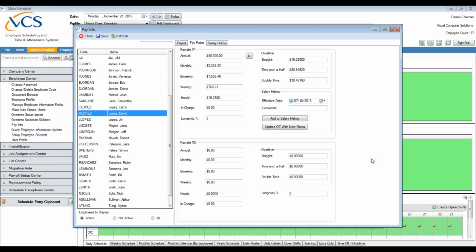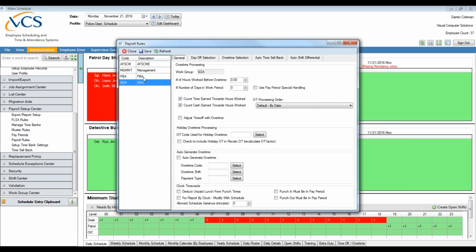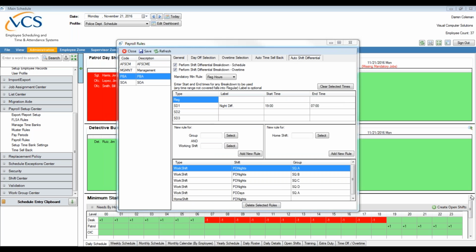Now, those shift differential rates, are those employee specific, or is it groups of people? Groups of people. All right, well, so shift differential, you can do it two ways. If you want to do it based on the group, you can put in auto shift differential rules, which is found under payroll rules in the payroll setup center. So based on their work group, union affiliation, contract group, however you want to call it, we can put in auto shift differential rules and tell the system,